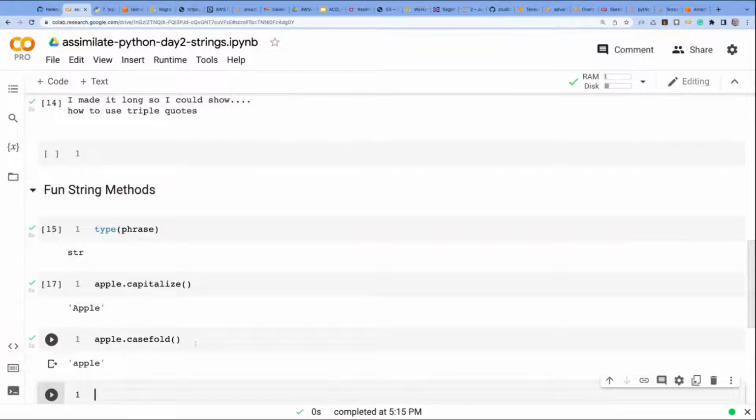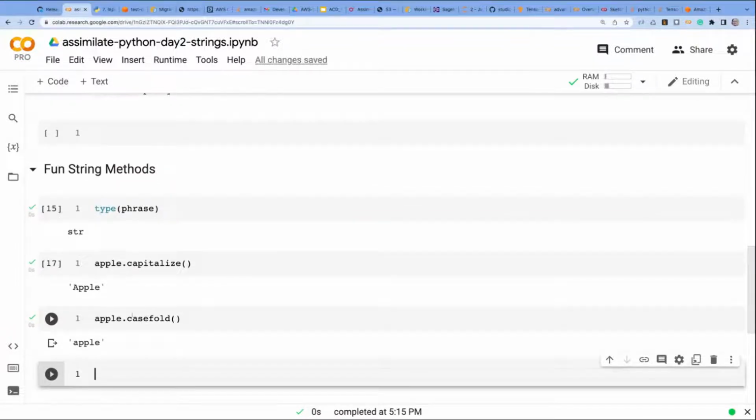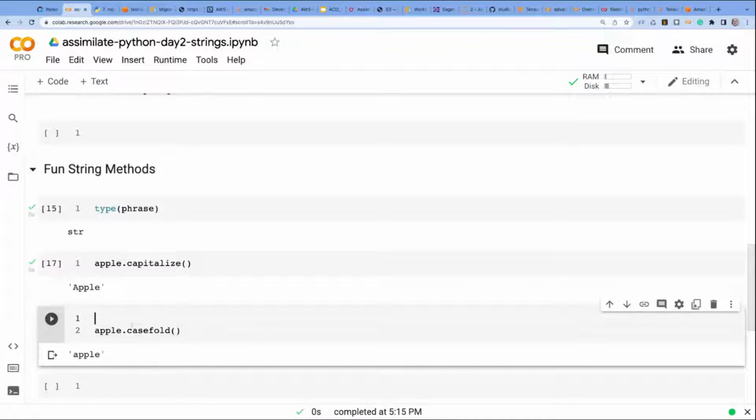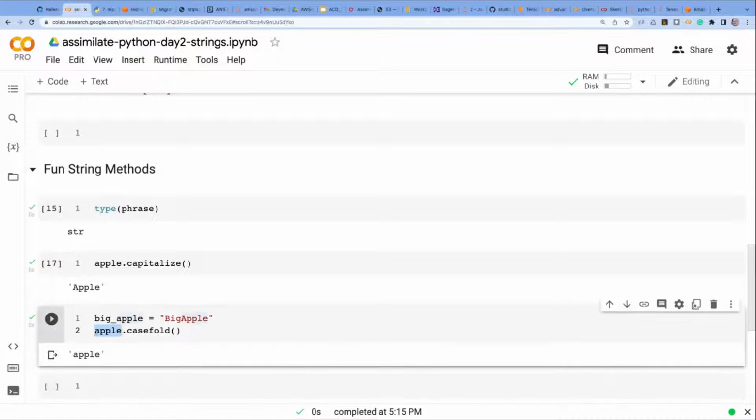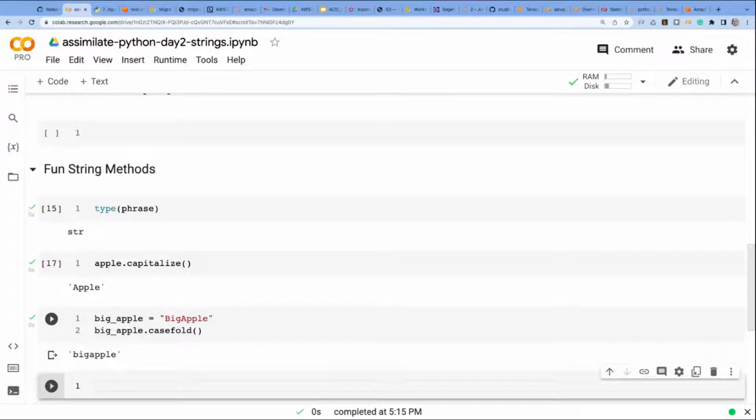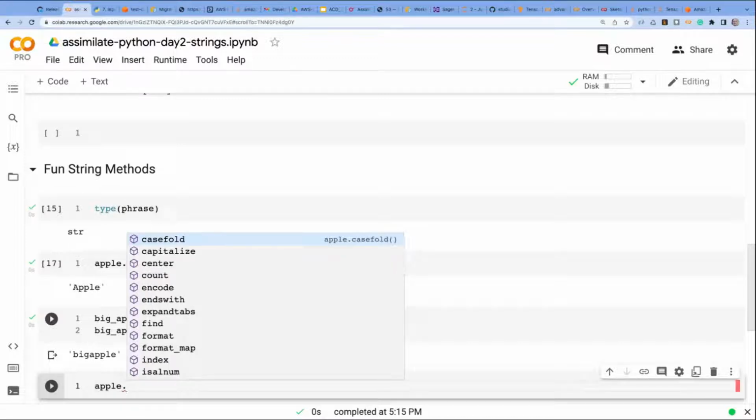So for example, if we put another string above here and said big apple, and then I typed in big apple dot casefold, it would go through and just make them all lowercase. So this is good for NLP, right? If I wanted to write a function that cleaned up a bunch of stuff and made it lowercase. So this is definitely the way to learn strings: you just do the dot, go through and